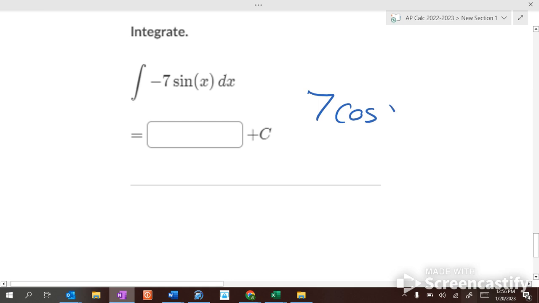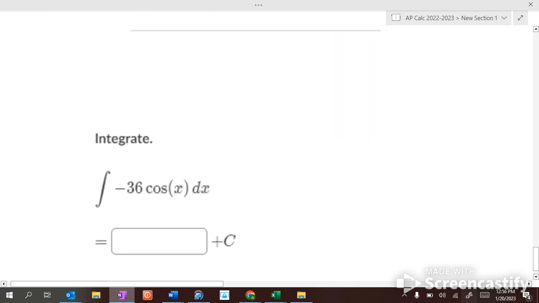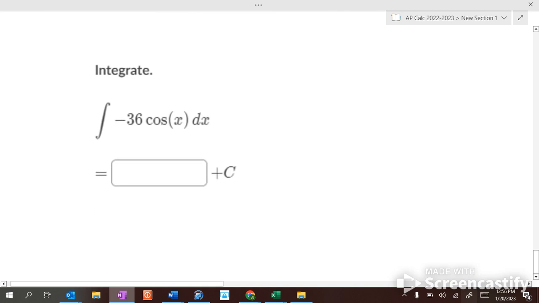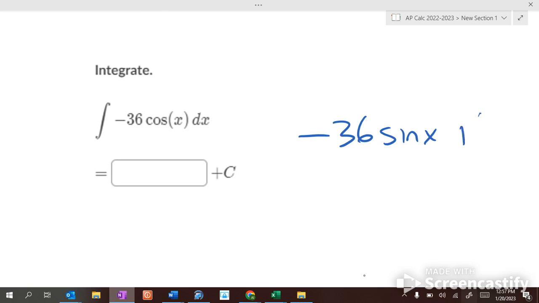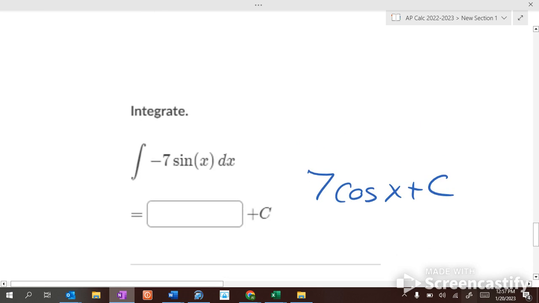7 cosine of x plus c. Okay? What's the integral of negative 36 cosine dx? Negative 36 sine x plus c. Because